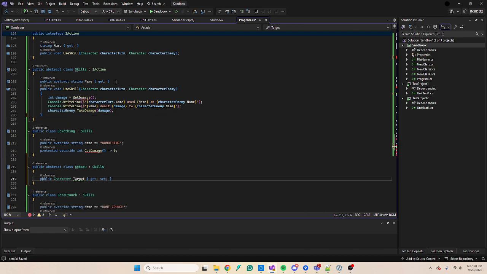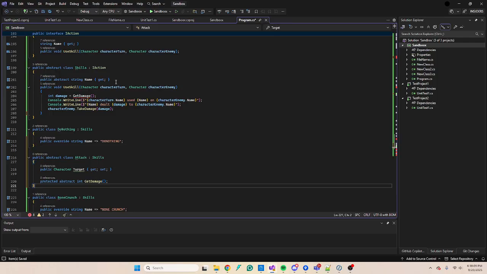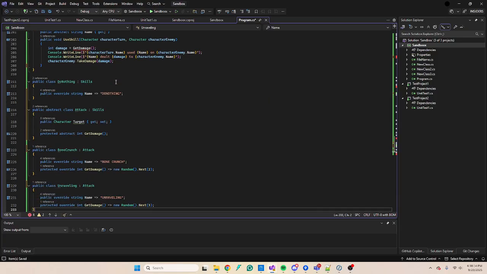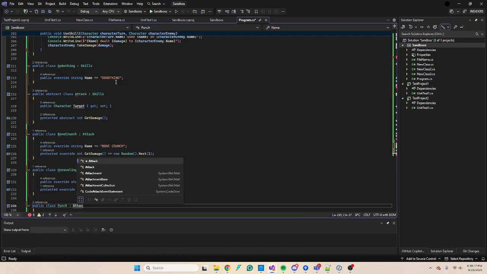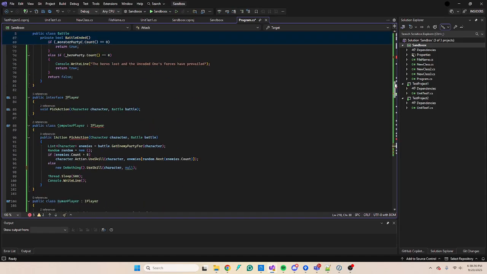Okay, I'd actually bump that up to here. And then I don't need that on this do nothing, right? And then in here, so I still need that, but what I'm going to do is make this derived from attack, and same with this, and same with this. So make them all derived from attack. And now all of those pick up this target, and basically when I am making an attack, I can sort of slipstream that in, like it comes in on the side as a part of the actual